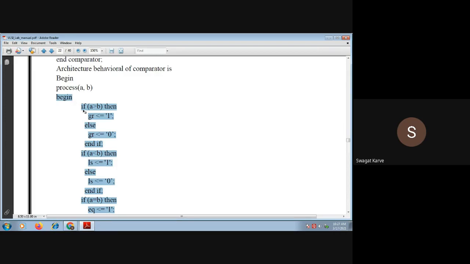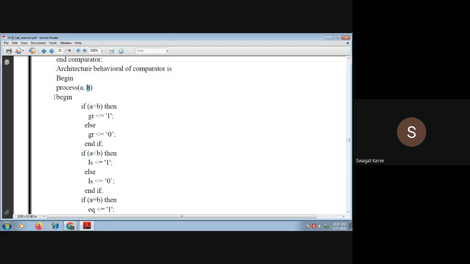That means these if else if statements are sequential commands, but process is a concurrent statement. Always remember. So process A, B means whatever we are going to define is related to either A or B.